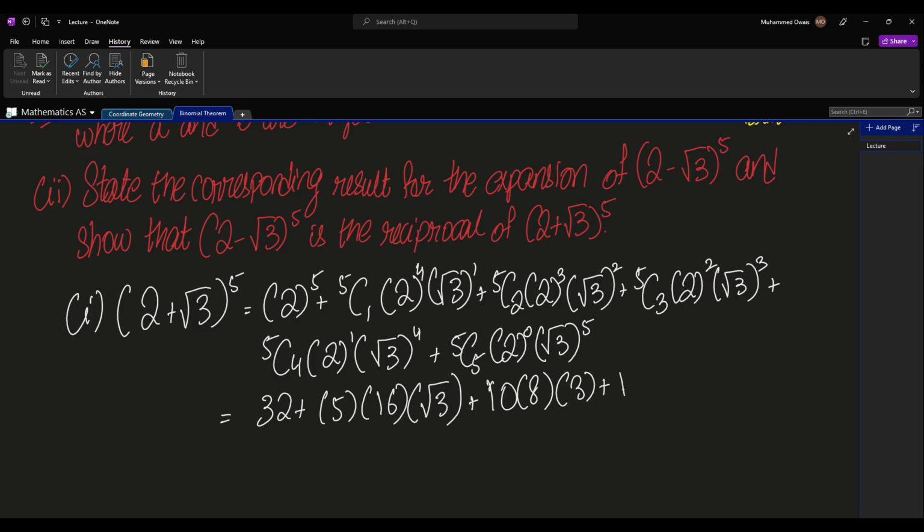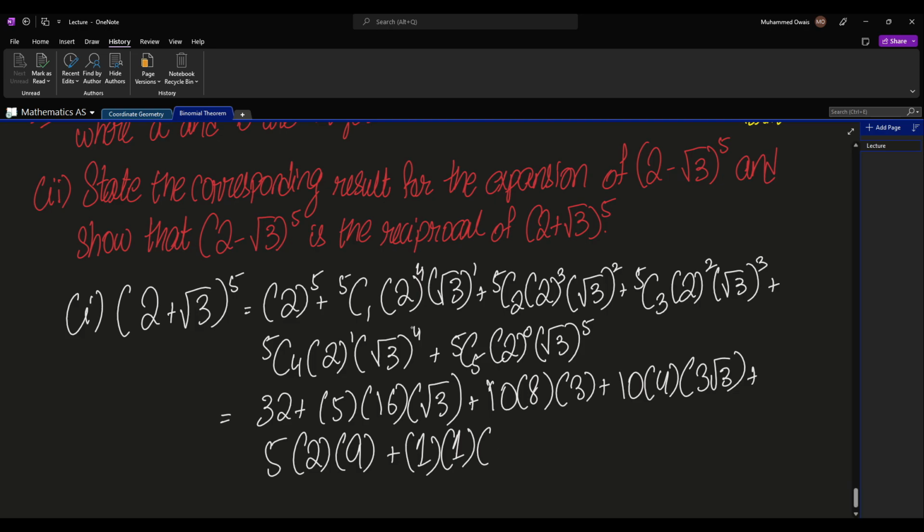This once again gives us 10, 2 squared is 4, and now under root 3 is cubed, so this gives us 3 under root 3, plus 5C4. What is 5C4? 5C4 is 5 into 2, and now under root 3 has a power of 4, so this gives us 9. Plus 5C5 is 1, 2 power 0 is 1, and now under root 3 has a power of 5. So this gives us